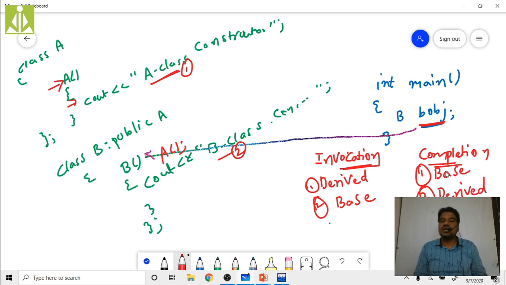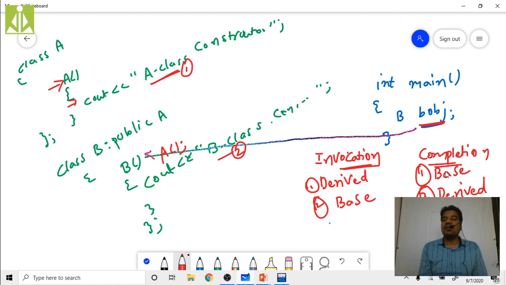These two things you have to understand clearly without any doubts. When you are creating the derived class object, the derived class constructor will be invoked first and then the base class constructor.